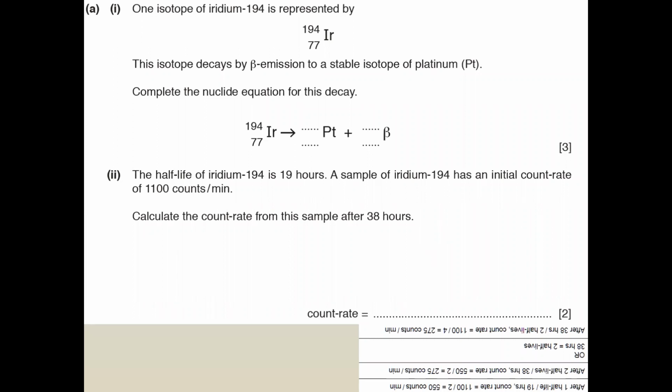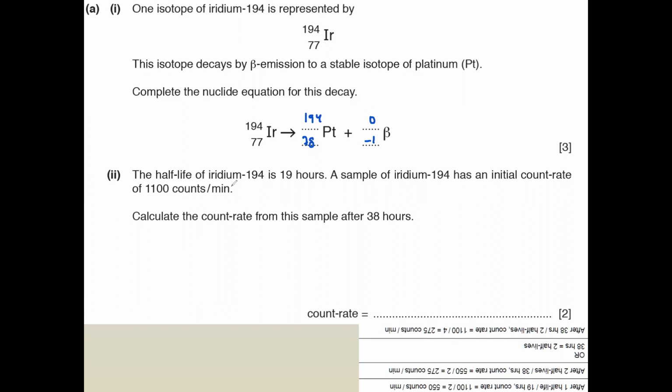So the first one, an isotope emitting a beta particle. When it is emitting a beta particle, the nucleon number does not change and the atomic number increases by 1. So if it is 77, it becomes 78, and this is 0 and -1. We already did alpha, beta and gamma. Because the neutron breaks into a proton and an electron, the proton number increases, but the nucleon number is unchanged.